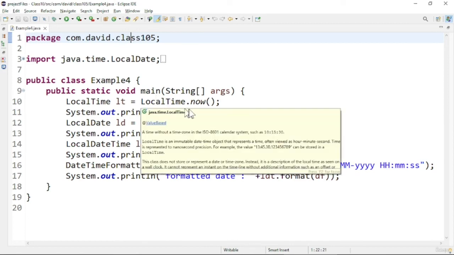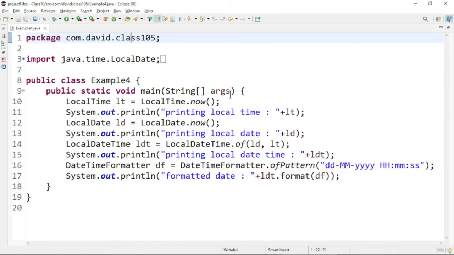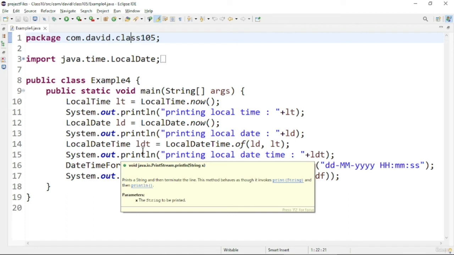Using now we can get the current date and time value in the particular class, and I am storing it in an object and printing the values. For LocalDateTime, I am using the of method in which I pass the local date and local time. Like that you can initialize, or you can use the static method now present in the class. And finally I am using the DateTimeFormatter class.